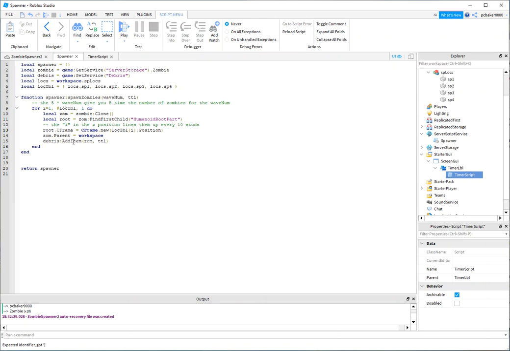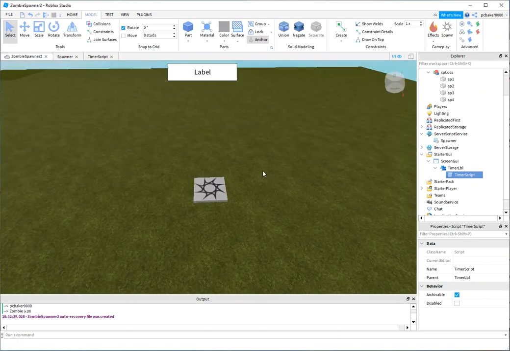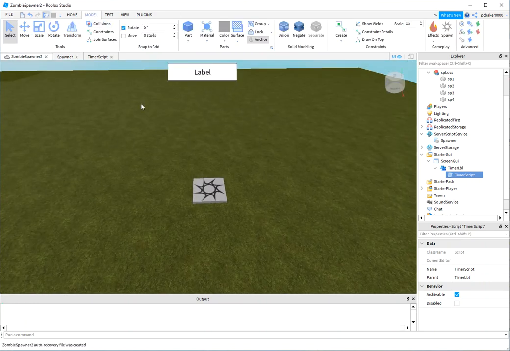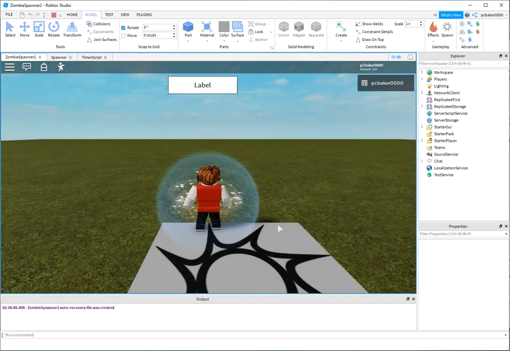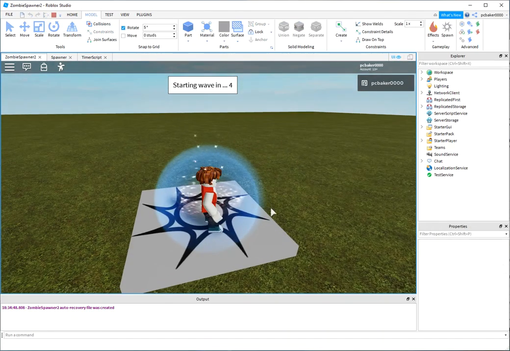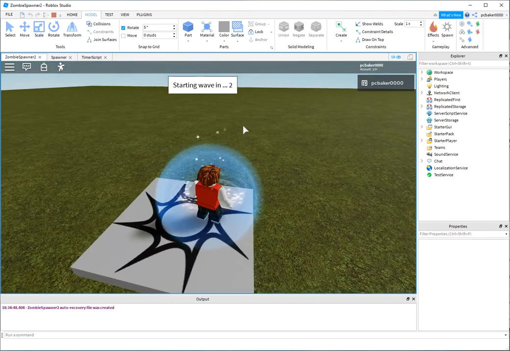And there you have it. That's all you need to do to have your locations for your zombie spawner. And let's check it out. So 3, 2, 1,